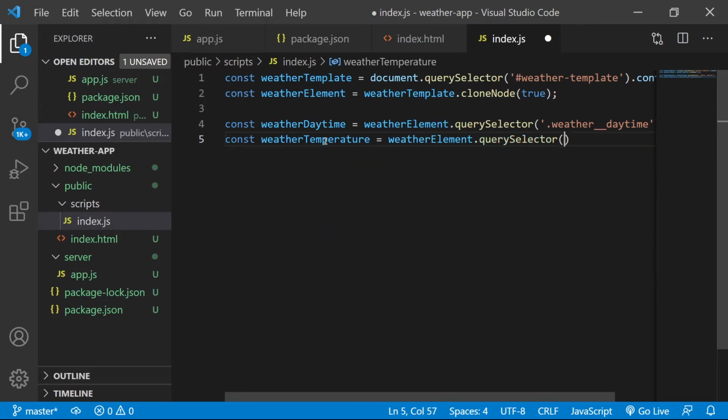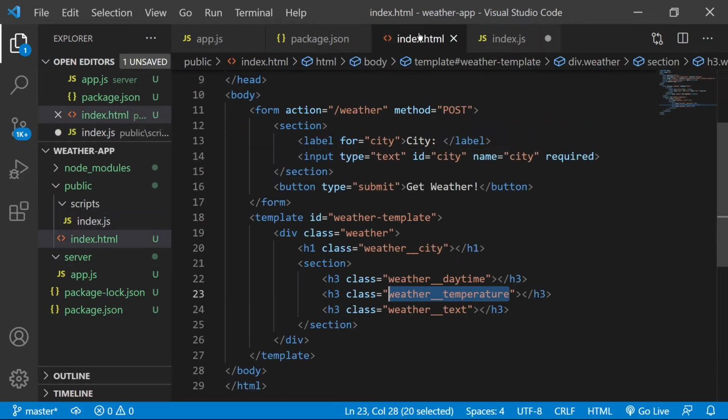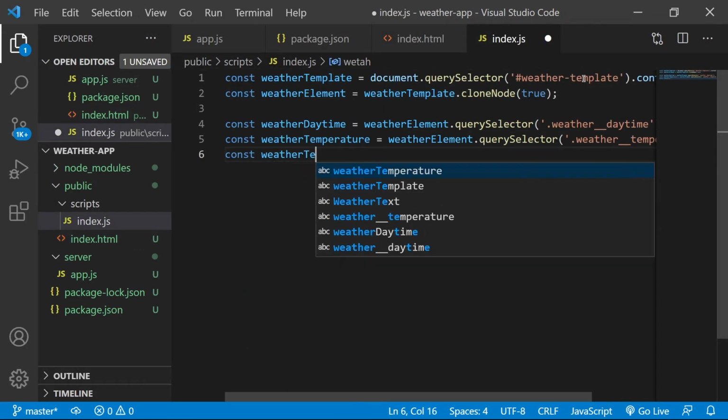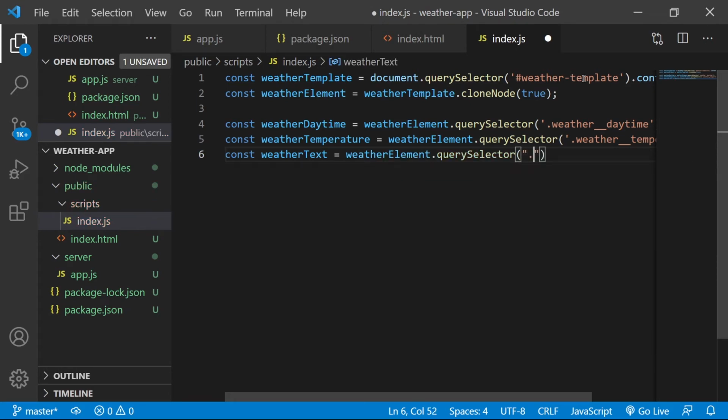Weather element, query selector, weather temperature, and then finally weather text. Weather text is the weather element query selector. I like using single quotes. As long as you're consistent, I suppose it doesn't matter. Okay, so now we have all this.